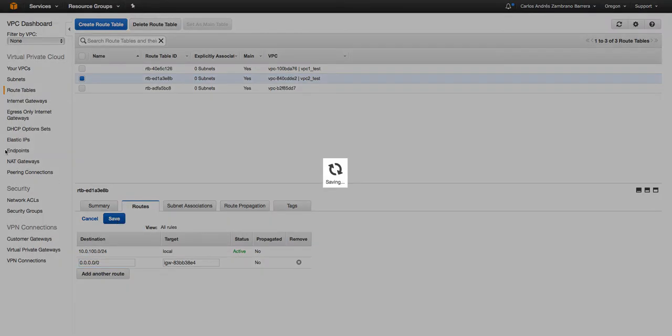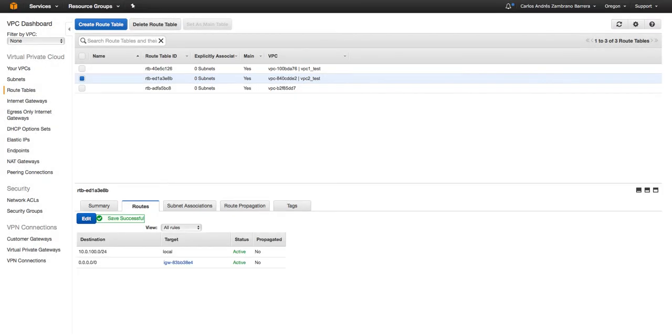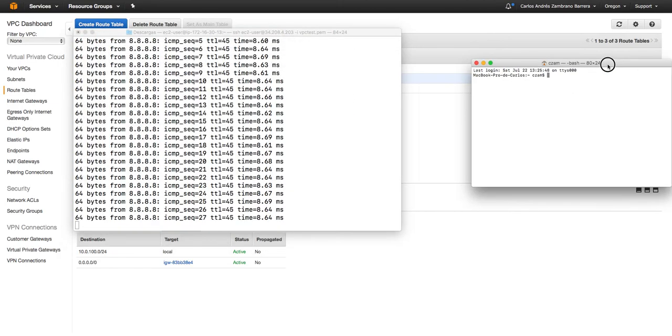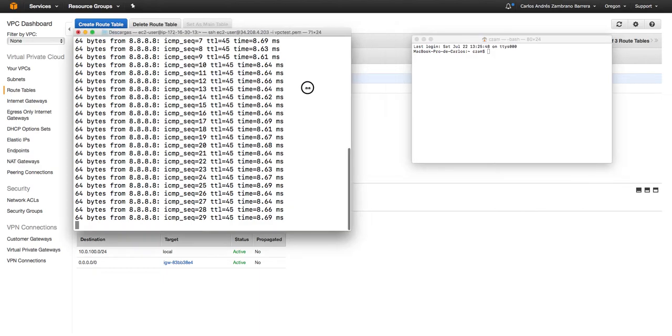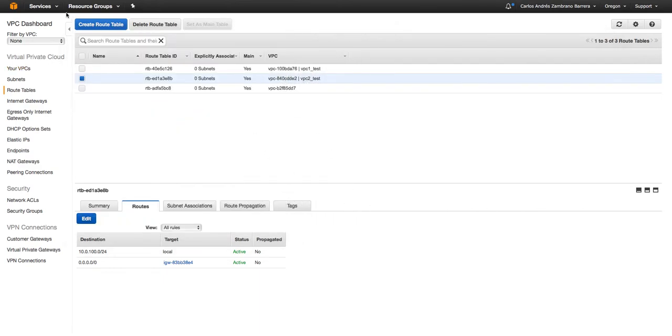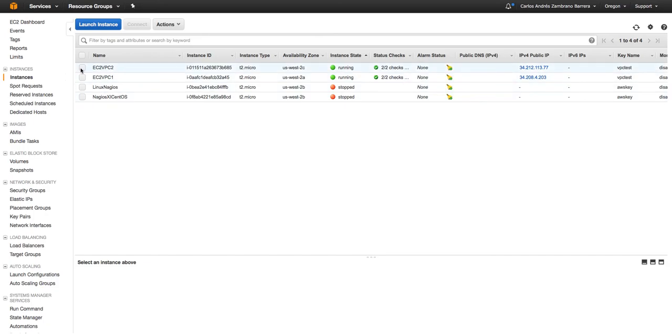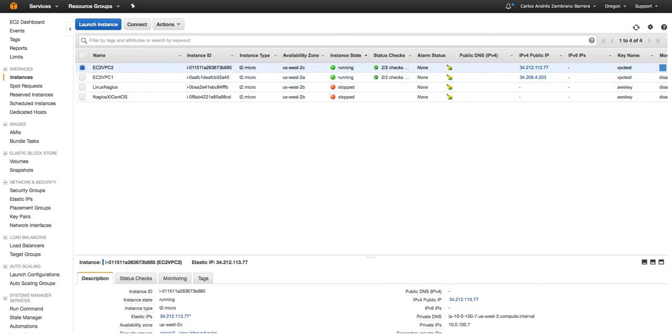Let's save. Okay, now we have here one. Now we are going to connect the second EC2 instance. EC2, running instances, and number 2. This is our IP, so